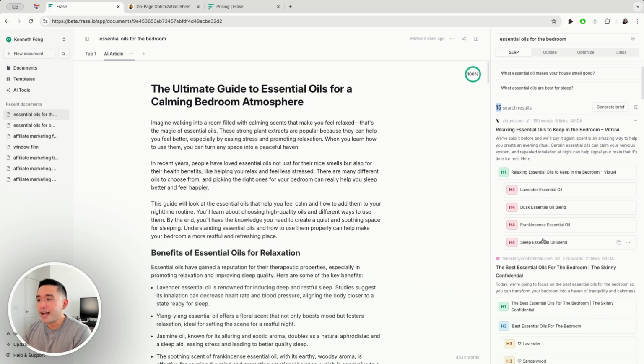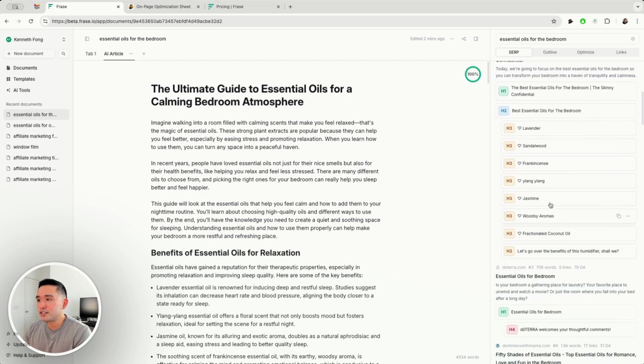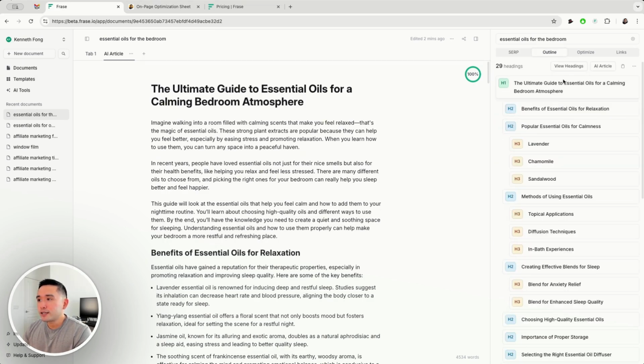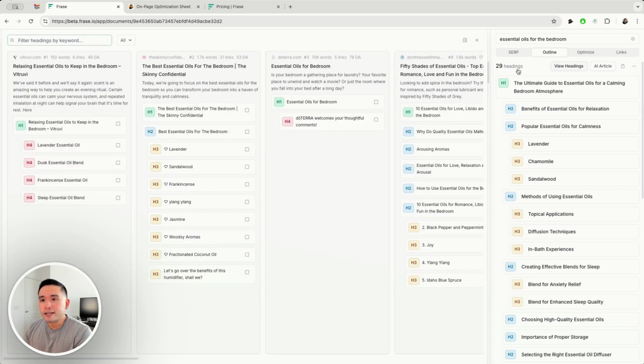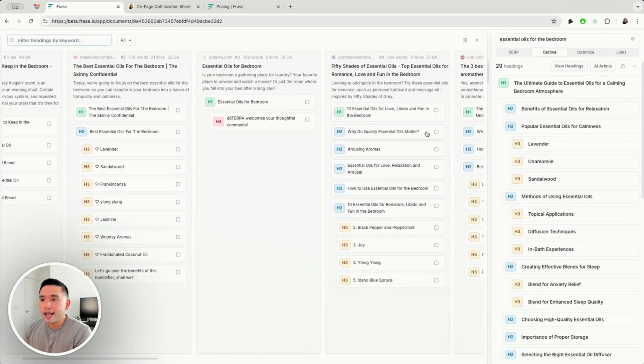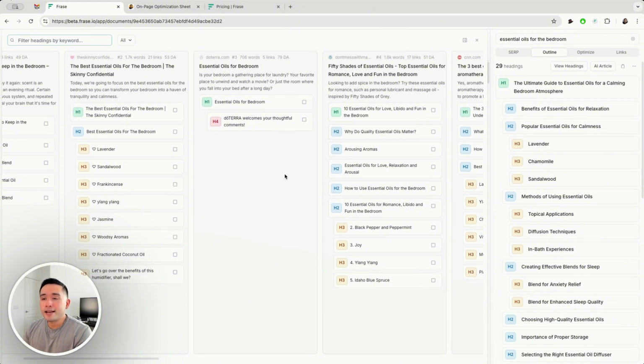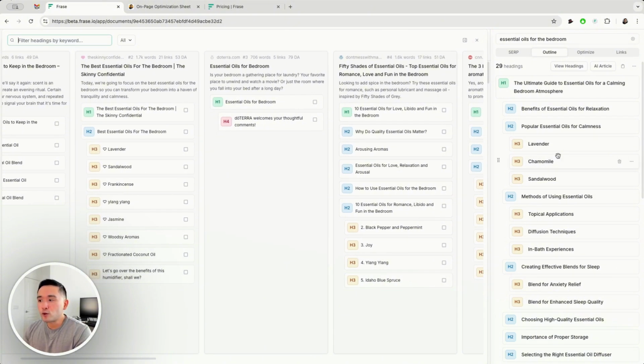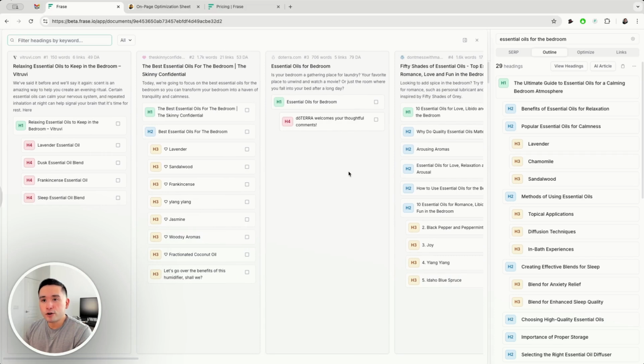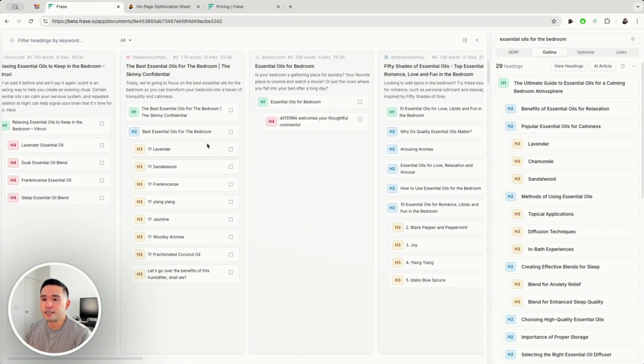You can take a look at the exact headers for each one of these 15 results. And we can also take a look at the outline at a high level. So this is our outline. And if we click on view headings, we can view the exact headings for each of our competitors. And again, the AI took a look at the headings from our competitors to create the one that we have for our own article. So this is a great tool to have if we want to go back and maybe add additional content that our competitors have mentioned, but we haven't mentioned yet.